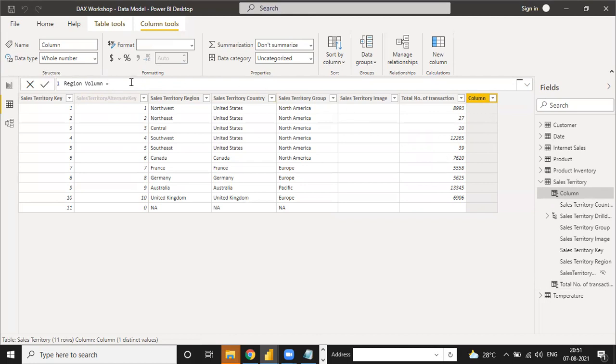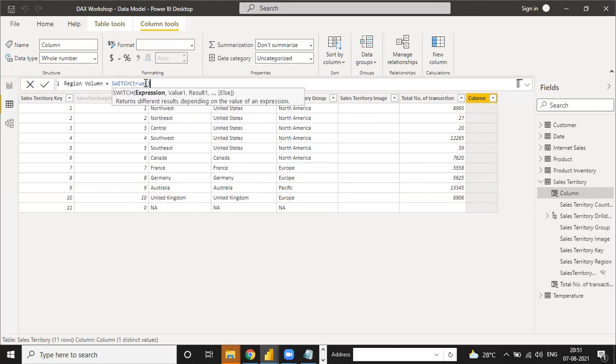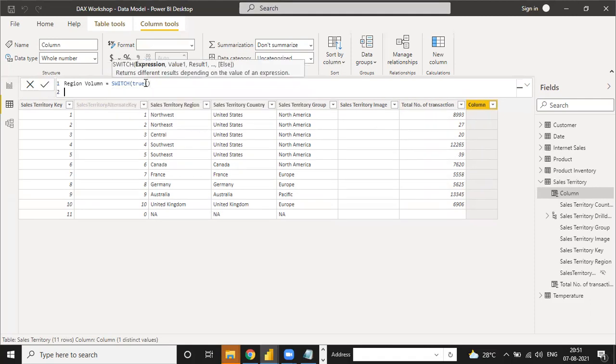What is the condition? See, you have to write the SWITCH formula, and switch is the same as the IF condition, and you put TRUE. Then what is the true condition? Put shift enter. Shift plus enter is used for the next line.